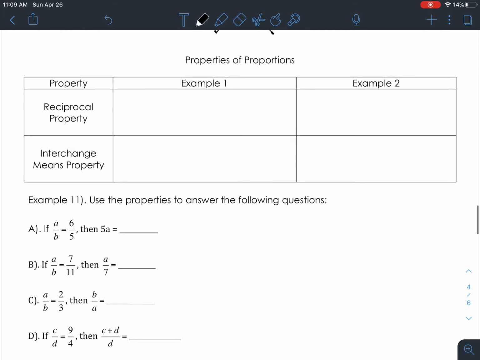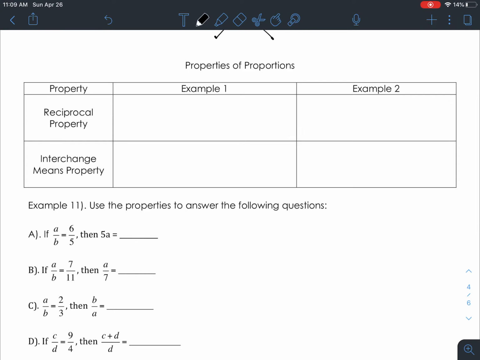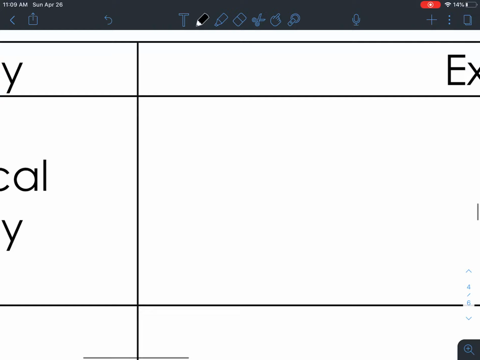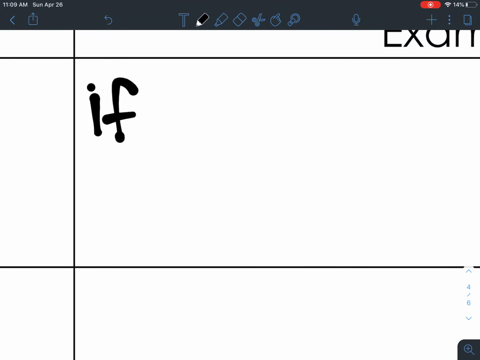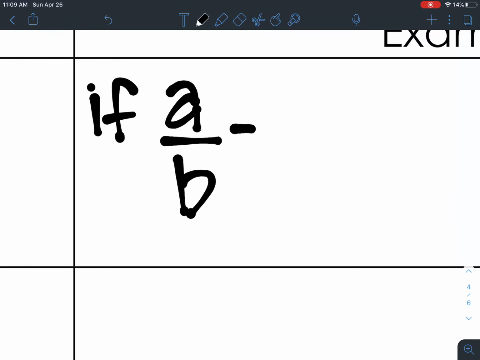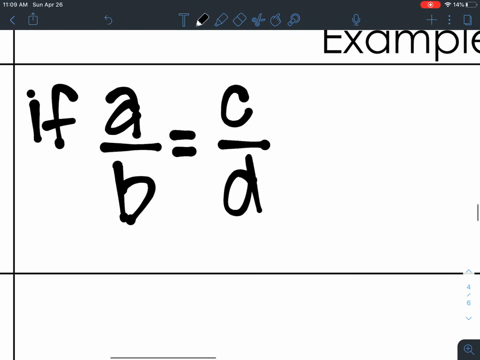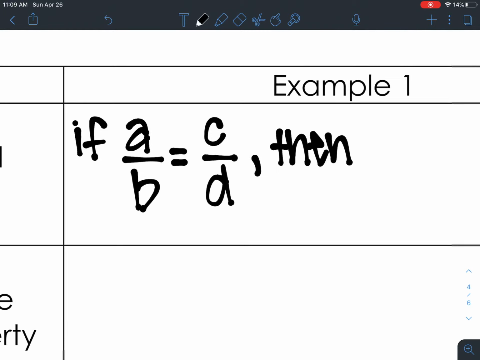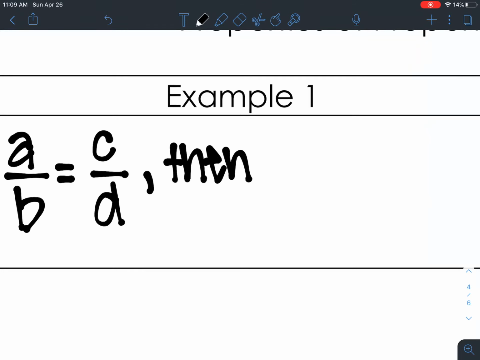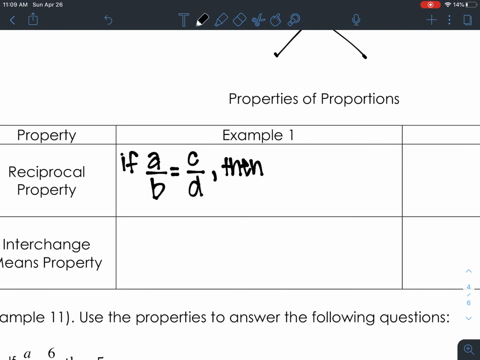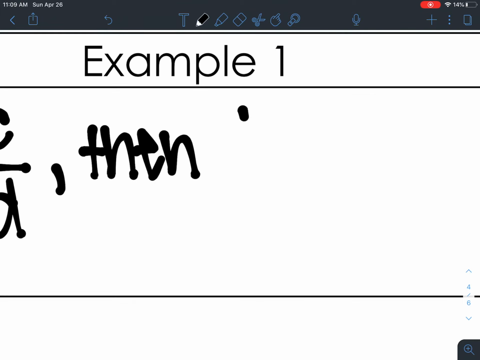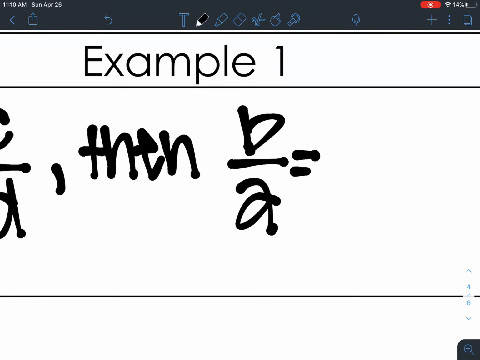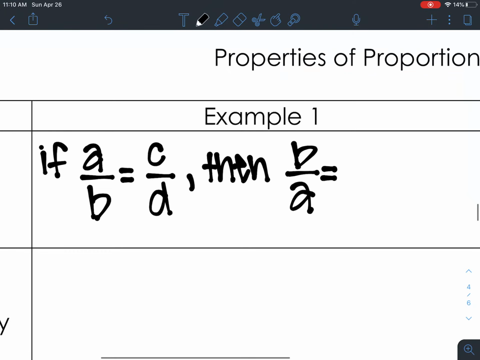So now we're going to talk about properties of proportions. It's not going to actually be like true definitions. This one starts off with: if A over B is equal to C over D. What we're looking at is how we can rearrange these proportions so that they're still true. So reciprocal, remember, means you can flip the fractions. That's essentially what we're doing. So we have B over A is equal to